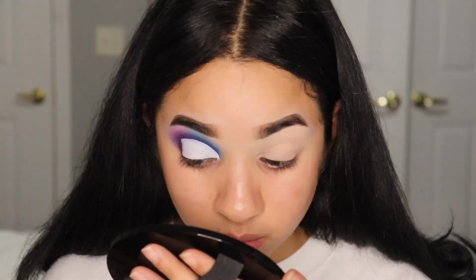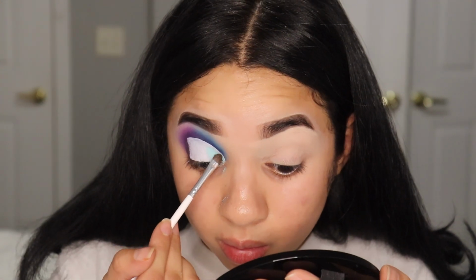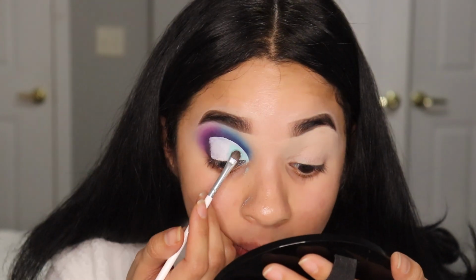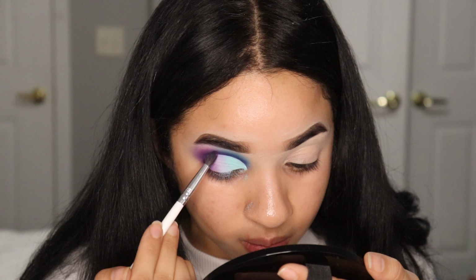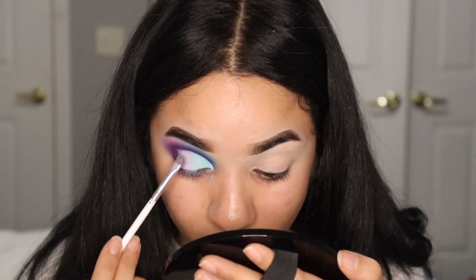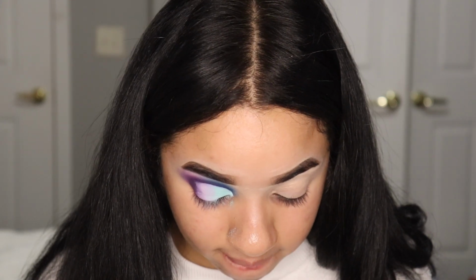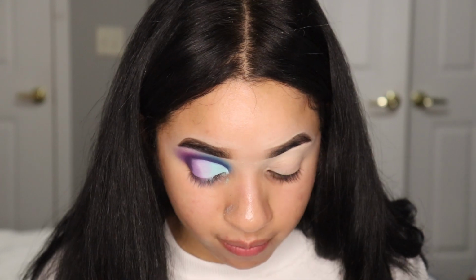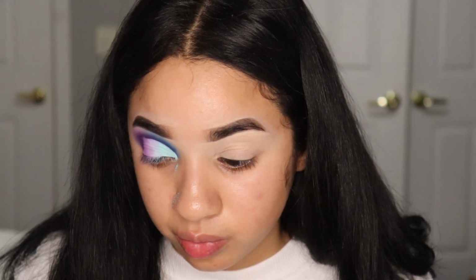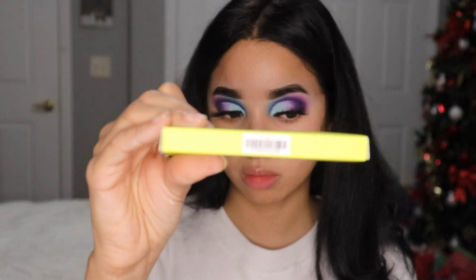And now we're just jumping on the lid. So I am taking those two pastel shades again, the blue and the lavender that we used to smoke it out more. And that's what's going on my lid. Now I'm just going to pack this on, and then to help me transition this a little bit better, I'm taking the Berry Me shade and putting this in between the midnight shade and then that pastel lavender sky shade, just to help it transition better and make it a little bit more blendable